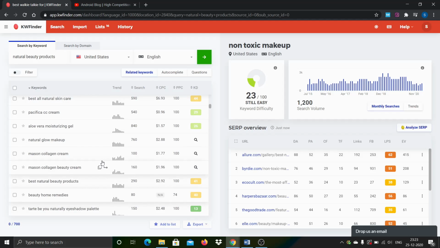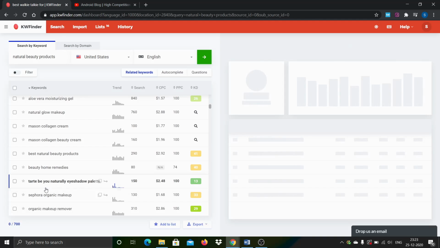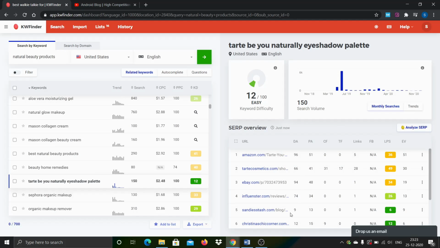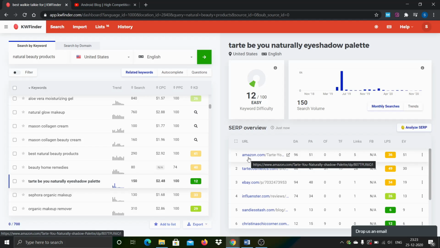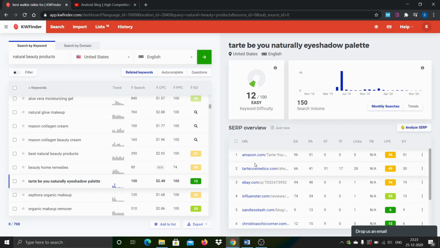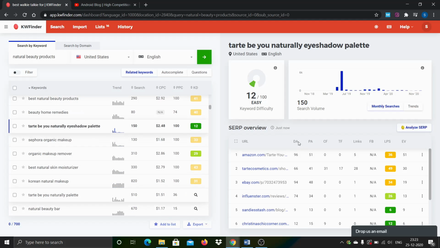You can pick whichever one, and then let's say natural eyeshadow, some keyword is there, and look at what is ranking. You can see here there is one site with DA only 9, another site with DA only 12, and the first site is Amazon, so directly the product site. On top of it, if you write good reviews and all those things, there is a good possibility for you to rank. Again, you need to analyze all these details as well, but straight away you can make a call. If in the top 10 you don't find any forums or any sites with low DA,